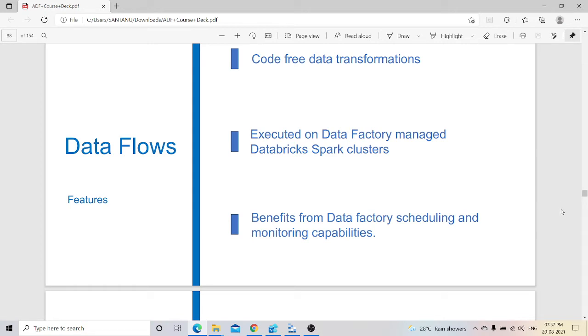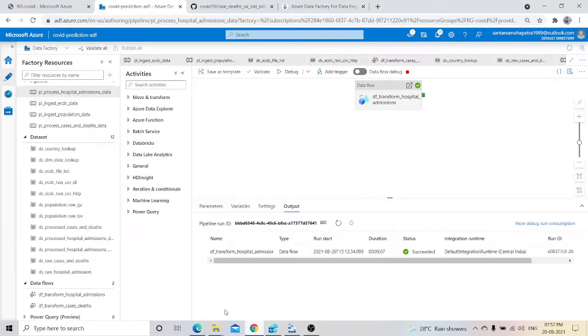You need to make sure your Spark clusters never turn off, and if at all they turn off, then no worries, you can execute the same pipeline by adding manual triggers. How we did that for the manual trigger, I will go through in detail. So without further ado, let's start with our demo project.